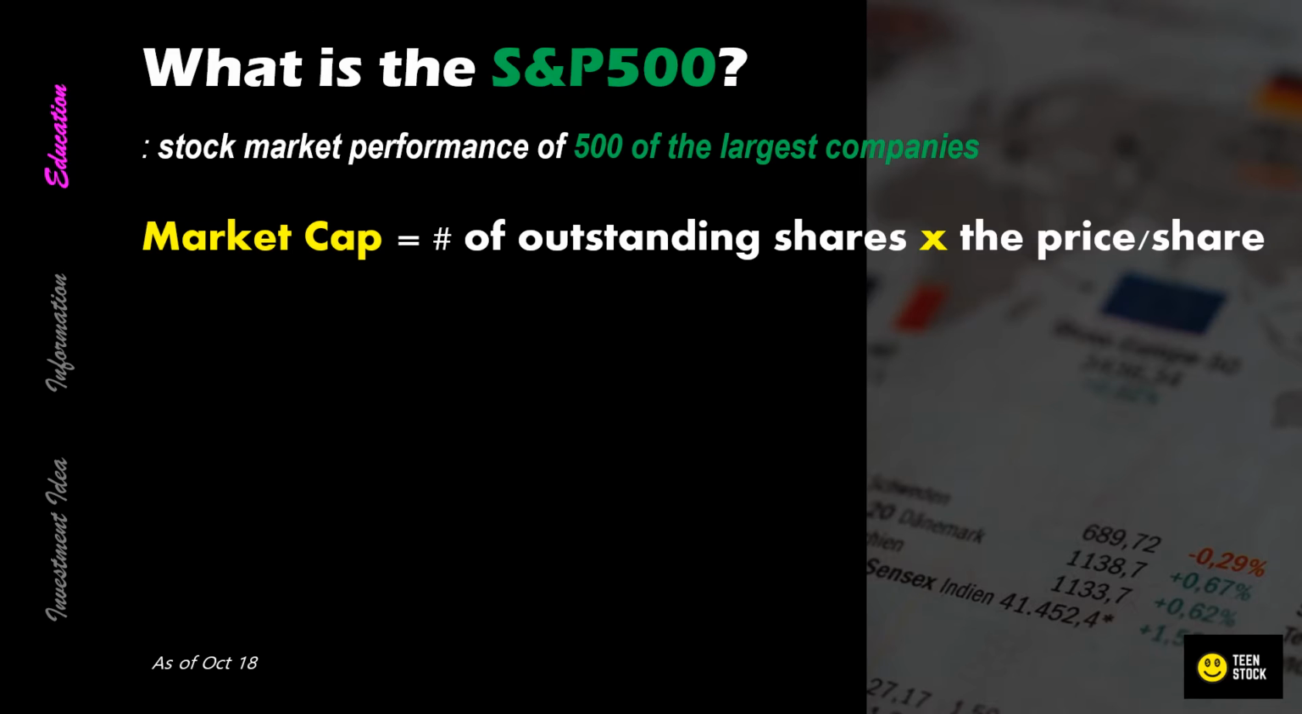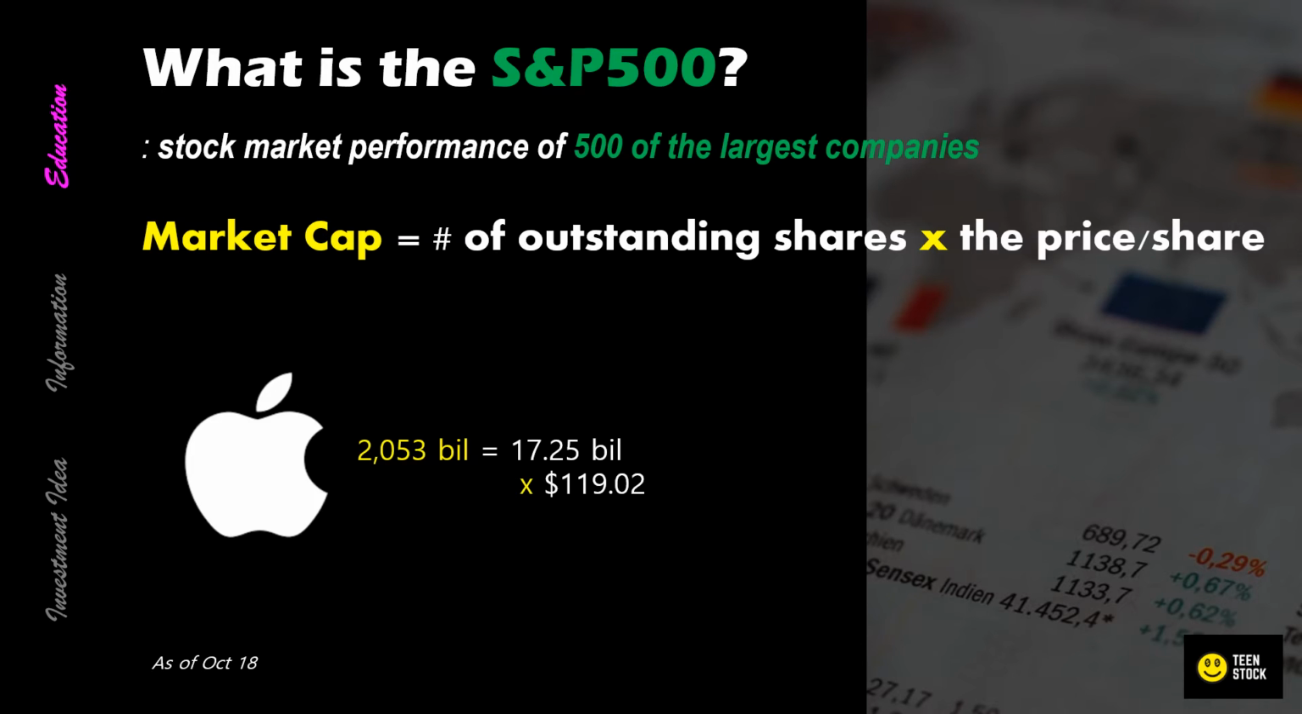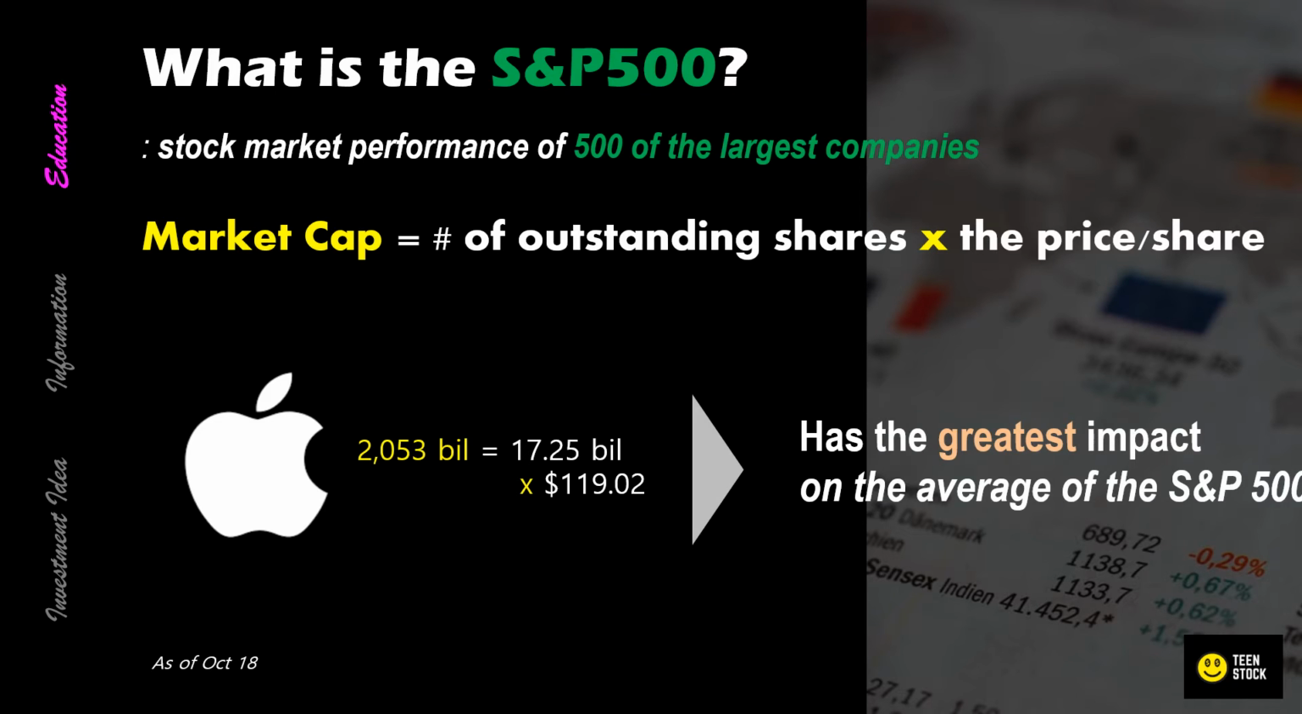So, the companies with the largest total market value have the greatest impact on the average of the S&P 500. For example, the market cap of Apple is $2,053 billion US dollars. That is 17.25 billion outstanding shares multiplied by the price per share of $119.02. Hence, Apple stock, with the largest market cap in the index, has the greatest impact on the average of